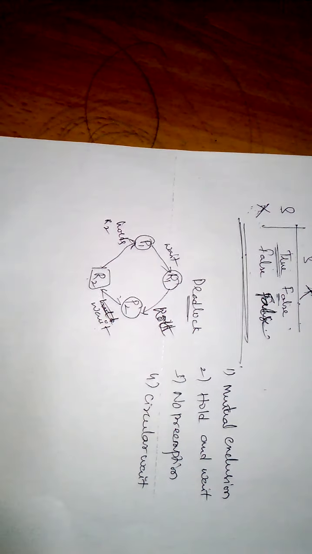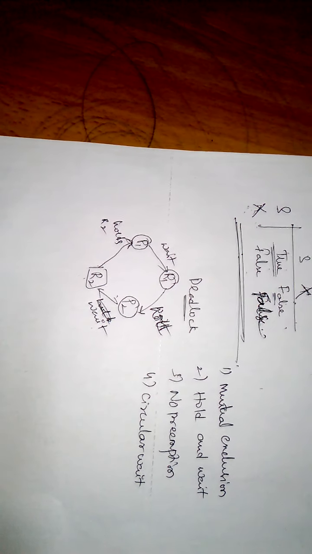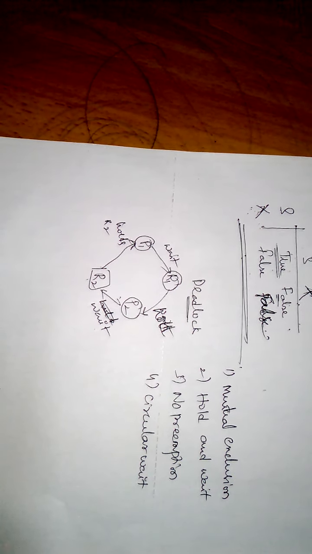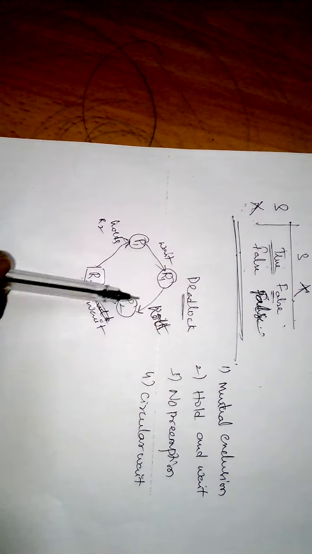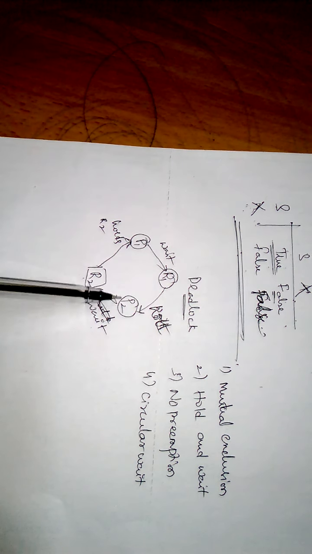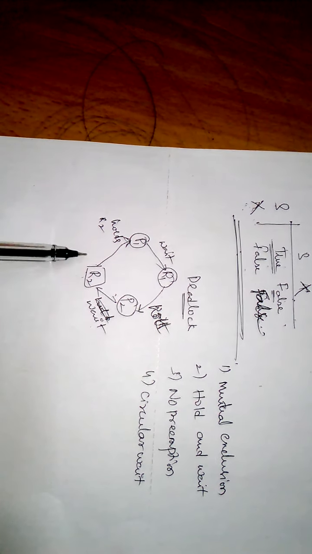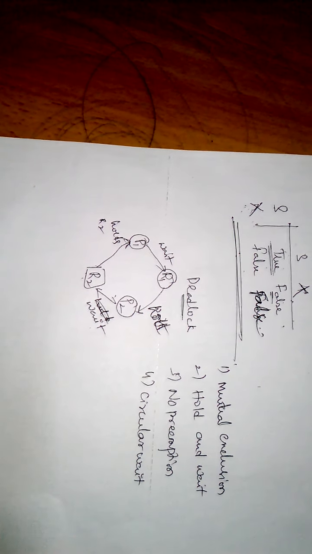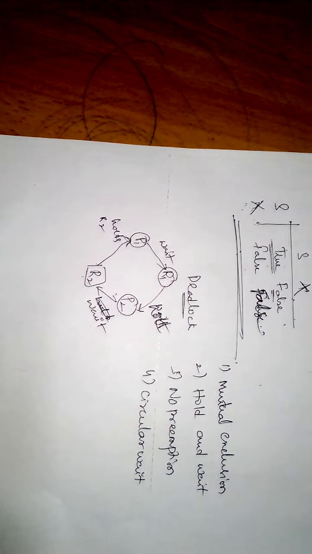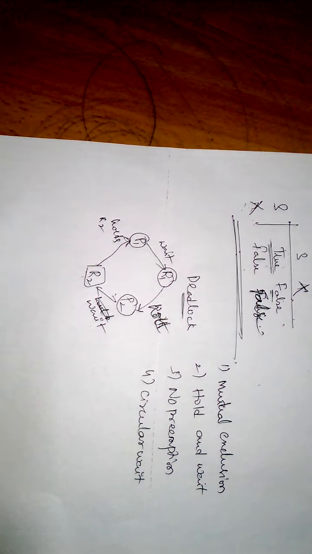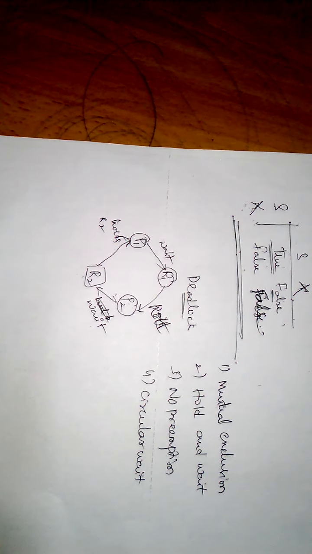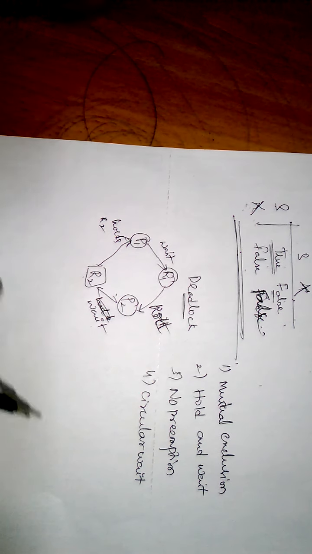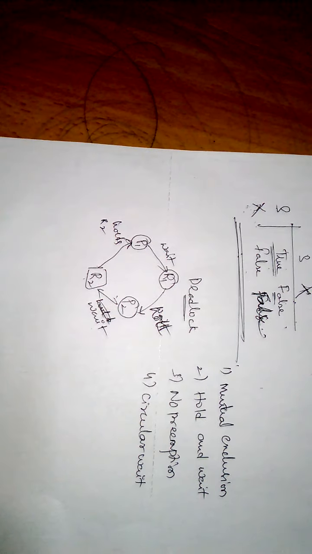That means it is a condition that occurs when two or more different processes or database tasks are waiting for each other. P1 is waiting for P2 to release R1. P2 is waiting for P1 to release R2. This type of situation is called deadlock. It is an unwanted situation that may result when two or more transactions are waiting for each other, where those transactions have to release their locks.